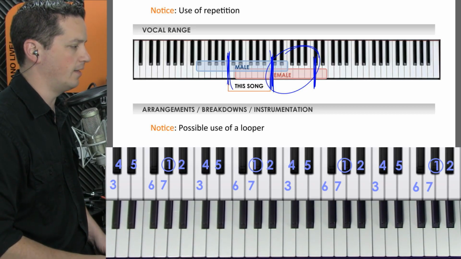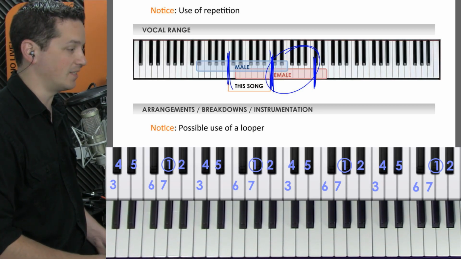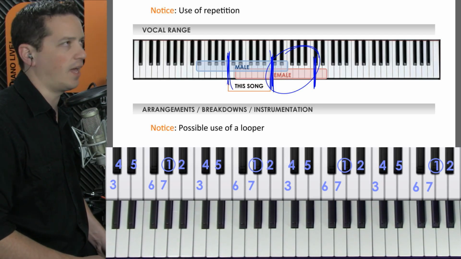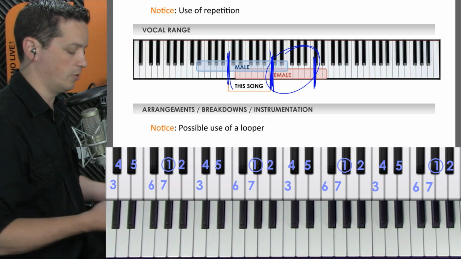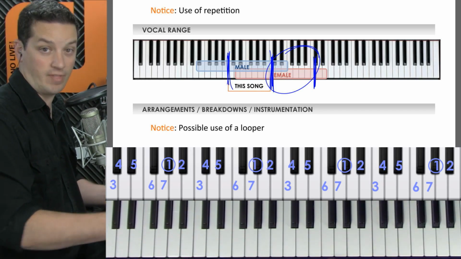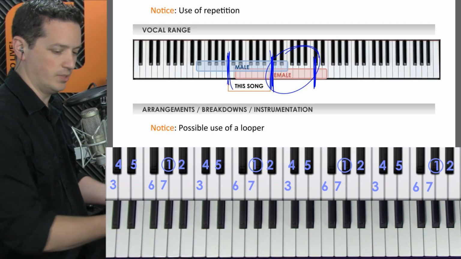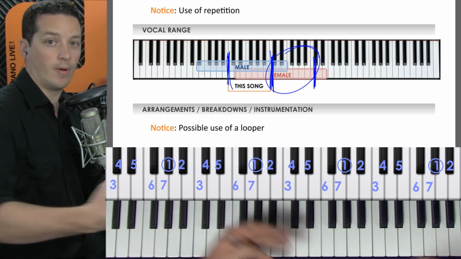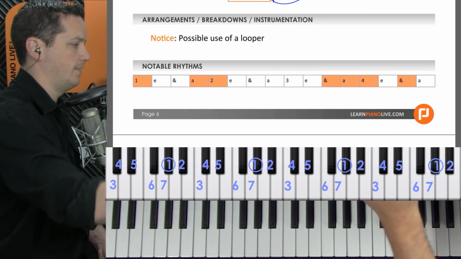Cool. And then for the arrangements and stuff, there's not much to talk about here. I'm guessing that she's using a looper for the song. I couldn't tell in the video for sure, but just the nature of it, how it kind of builds on itself. It starts with a part. A looper is just the little pedal thing where you can play something and then have that played back while you play something over top of that, and then have that played back, and then play another thing on top of that, and you can build this massive arrangement as you lay down each of the parts individually. And then you can take them all out for a little section, then bring them all back in at the same time. So anyway, I'm guessing that's how she does that. But anyway, there we go.